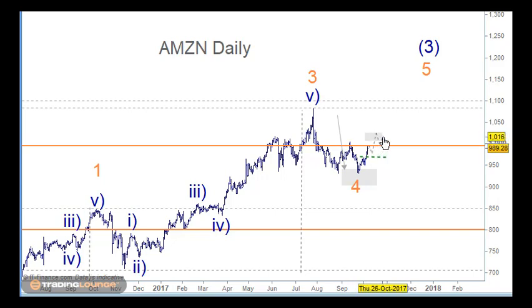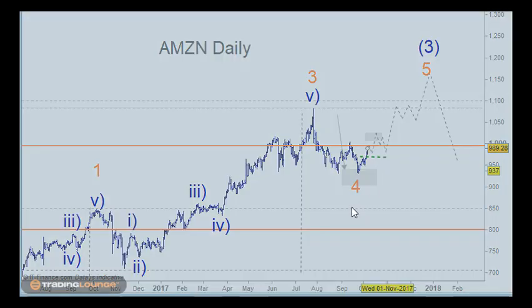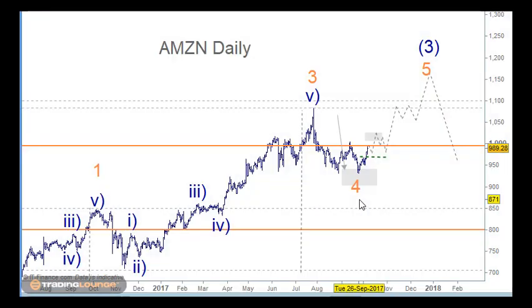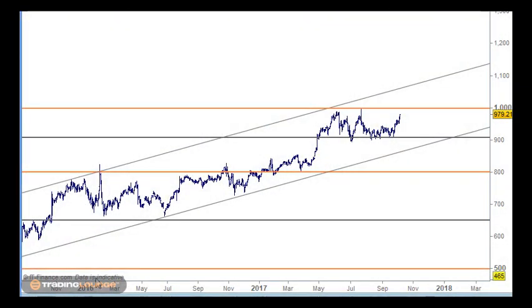Then there would be a pullback here as an ABC, and then the third wave would come into play here, normally coming quite close to the tops and then reacting as a wave 4 and then a wave 5 up here. So if that's the case, this has got a long way to go in this scenario. That would be in line with the NASDAQ index itself, and also Google, or Alphabet rather. I haven't labeled this daily chart, but it's pretty much the same as well.